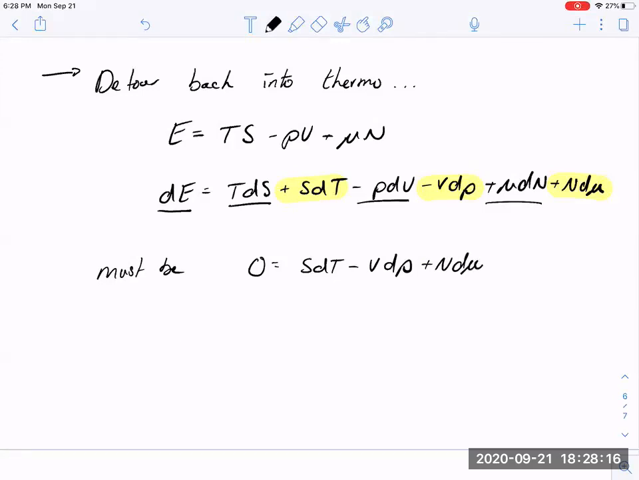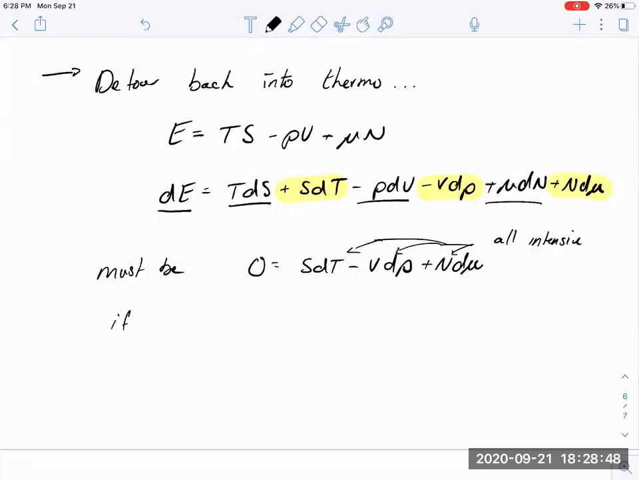Now, this is an interesting sort of relationship because it now relates differential changes in our potentials, in the fields, in the temperature, pressure, and chemical potentials. All intensive quantities. Indeed, we can write this